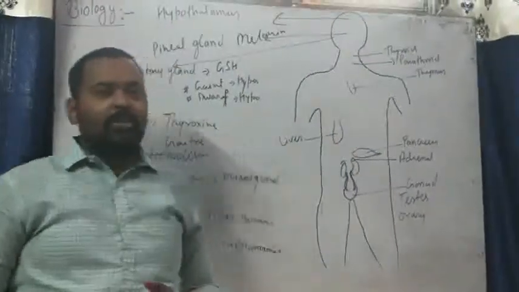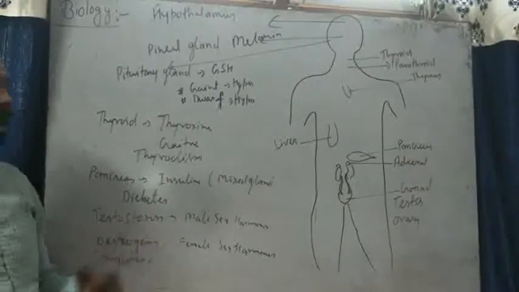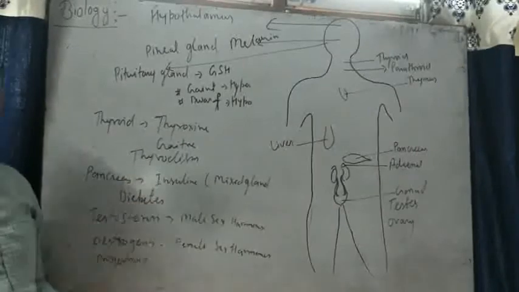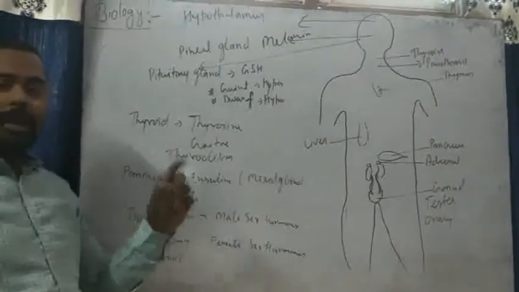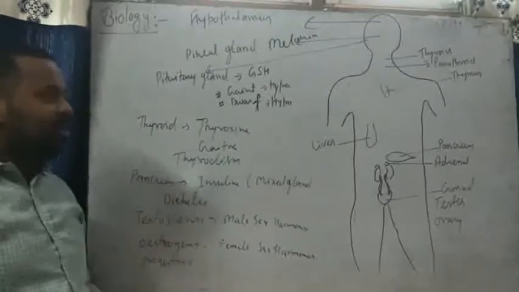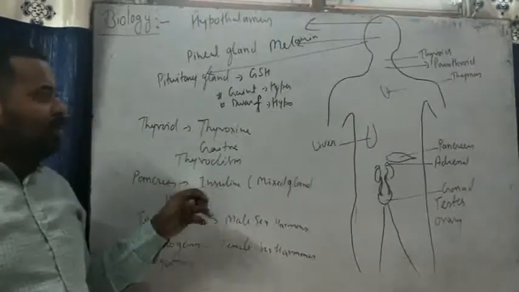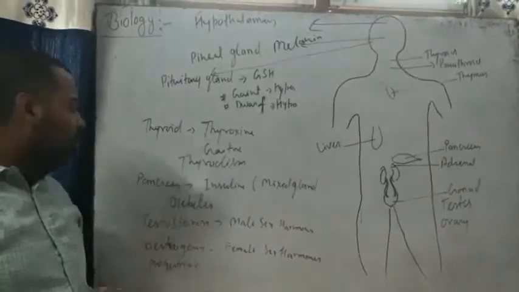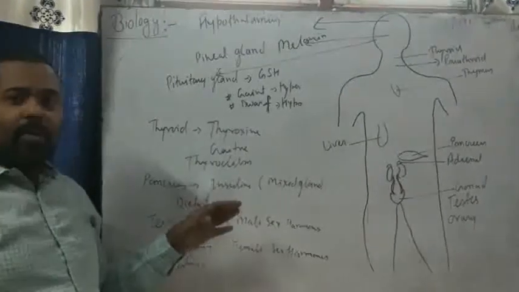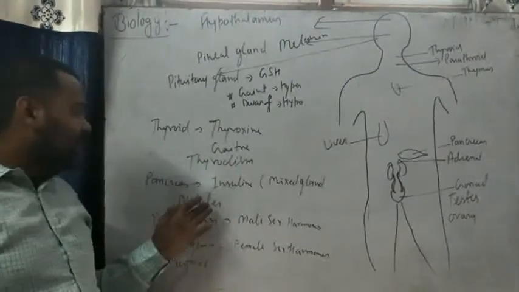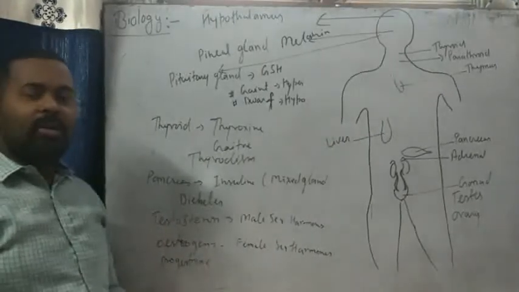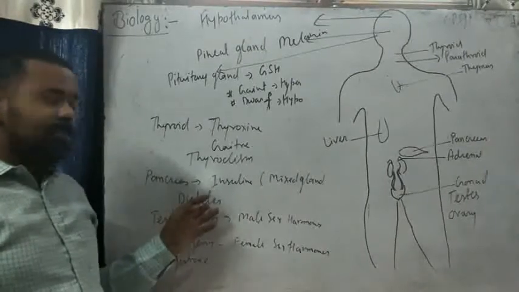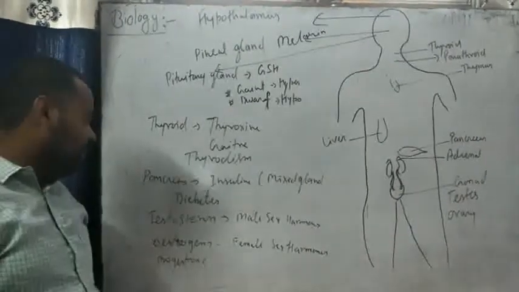Next is the pancreas. The pancreas is also known as a mixed gland, which secretes insulin hormone. As you learned in the nutrition topic, the pancreas secretes pancreatic juice, which possesses ATL, which means amylase, trypsin and lipase, which help in digestion of various molecules. This particular insulin helps to maintain the blood glucose level in our body. Due to hypo and hyper secretion of insulin, it will cause diabetes, and diabetes is of two types: diabetes mellitus and diabetes insipidus. Hyposecretion causes diabetes mellitus and hypersecretion will cause hyperglycemia.